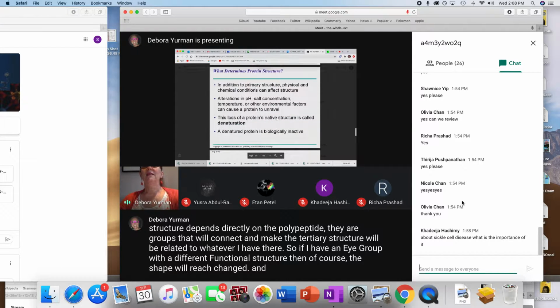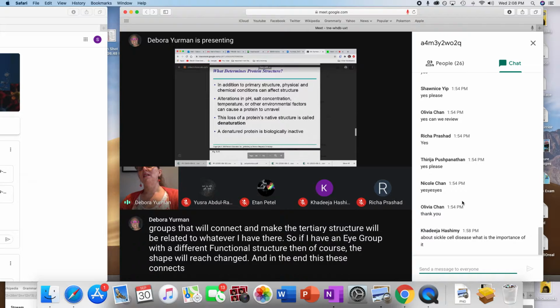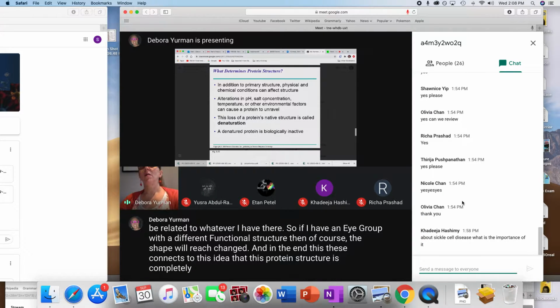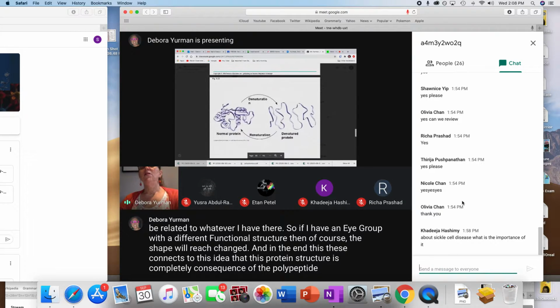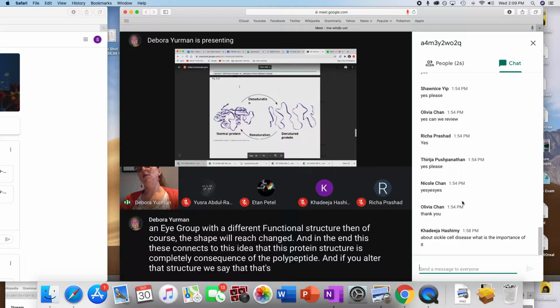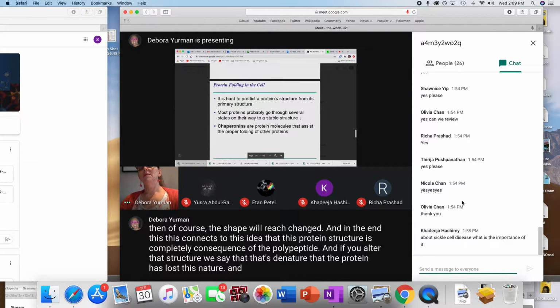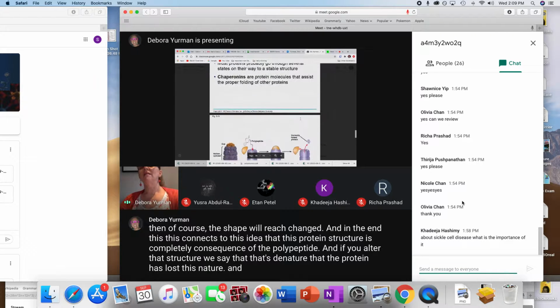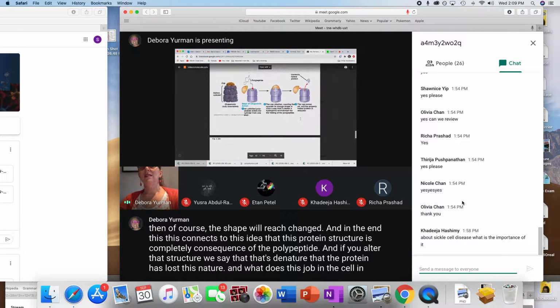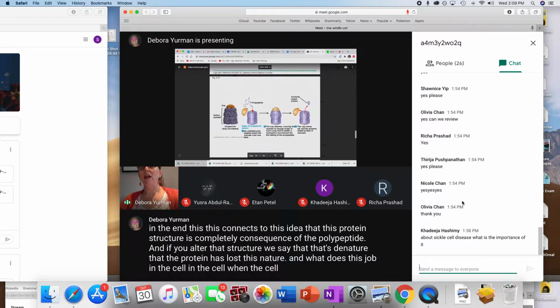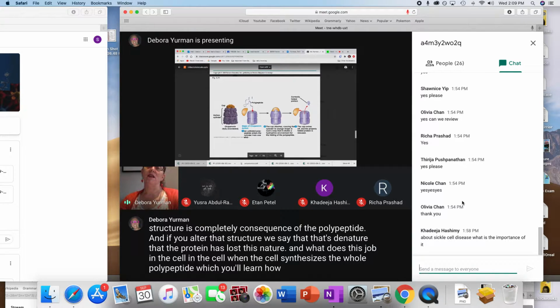And in the end, this connects to the idea that the protein structure is completely a consequence of the polypeptide. If you alter that structure, we say that it's denatured, that the protein has lost its nature. And what does this job in the cell? In the cell, when the cell synthesizes the whole polypeptide, which you'll learn how that happens in the third unit,